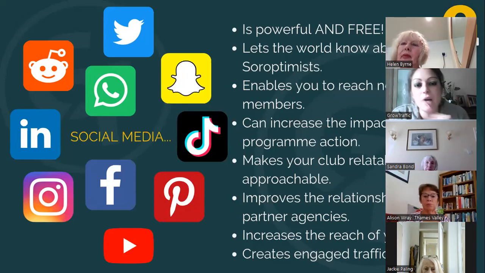If you think about the reach that social media gives us nowadays, we can put a post on our Facebook page or whatever, and it can reach several thousand people in the local community. And if you'd wanted to get a message out to that many people even 10 years ago, you would have had to put an ad in the newspaper, or pay for an article, or pay for a radio advert, or something that would have cost probably upwards of about £1,000. Whereas we can now put a post on social media and it is broadcast to potentially hundreds of thousands of people, if not more, if you go viral. And that's a really, really powerful tool.